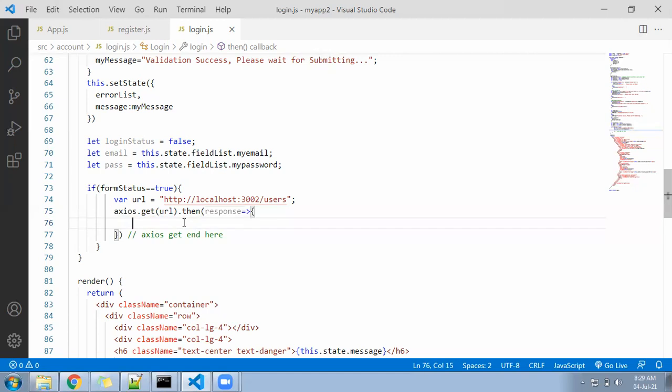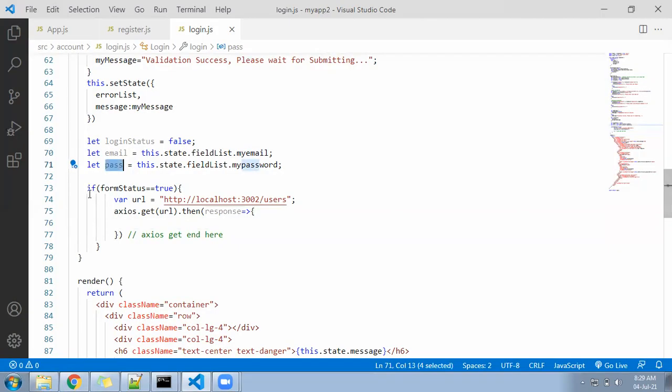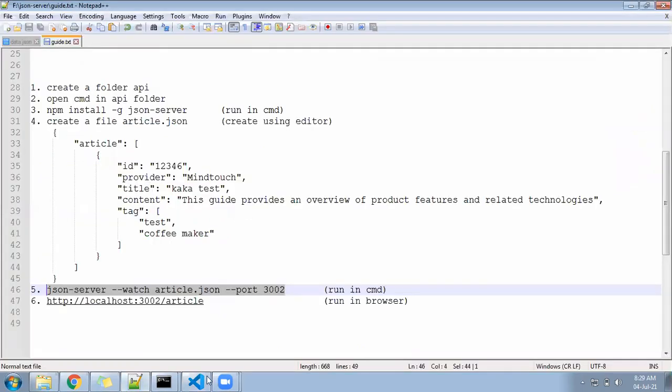Now in the so many users, you need to check which is that user whose email ID is this and whose password is this. Suppose if I go here and enter the email ID SIYARAM at gmail.com, and I enter here password 123456. Now once I click on login, this form action will call. It will come here, and it will read the data from that JSON file. And once it reads the data from the JSON file, in the JSON file there will be so many users.